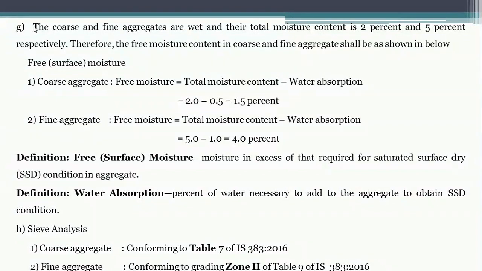These zones are regarding the coarse aggregate or fine aggregate. The details will be obtained from the sieve analysis test. Based on the sieve analysis test, we will be able to confirm whether it conforms to IS standards or not, and for fine aggregate, which zone it belongs to. That will be confirmed through the IS code based on the sieve analysis test. So these are the data given in the problem.